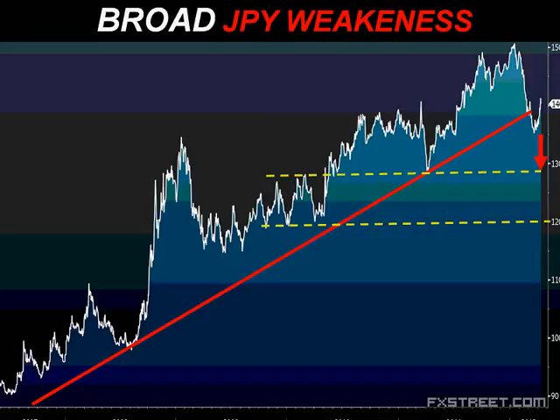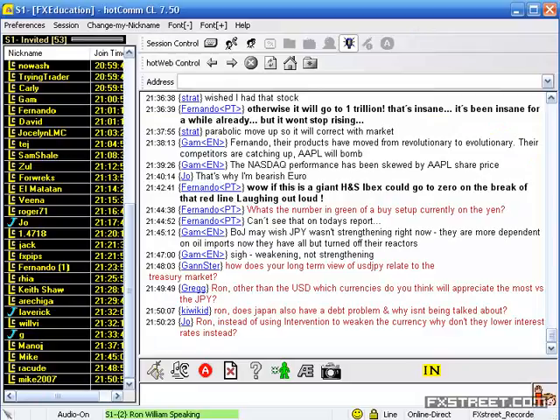Getting a question from Kiwi Kid. Does Japan also have debt problem, and why isn't it being talked about? Ron, instead of using intervention to weaken the currency, why don't they lower interest rates instead? These are all good questions. I think at the end,